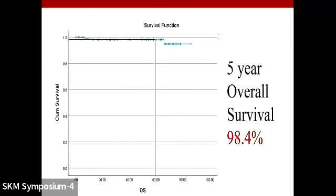So this is the overall survival. You can see that the overall survival of our patients treated between 2016 and 2017 was a whopping 98.4%. This is quite comparable to the international data that has been published. And this is a combined overall survival of patients who were treated either with surgery or with surgery and adjuvant